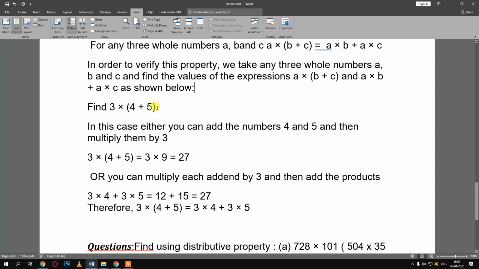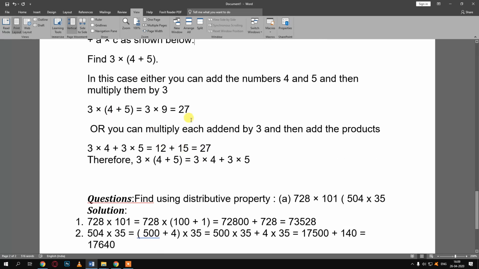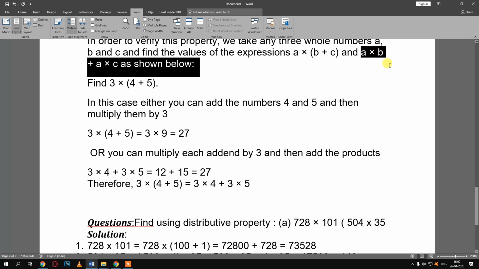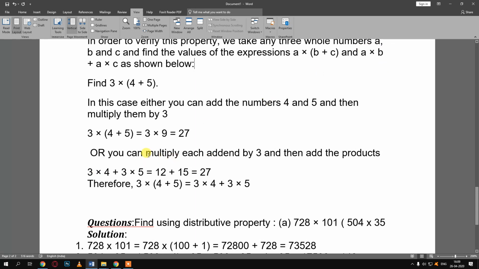So we add 4 and 5, we get 9, and 9 into 3 is 27. Or the second case, that is this one, you can multiply each addend by 3. We can multiply 3 and 4 and 3 and 5 separately